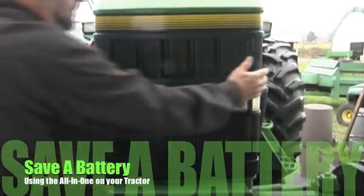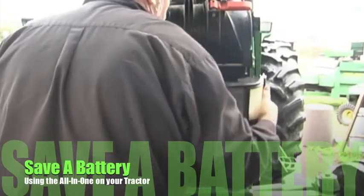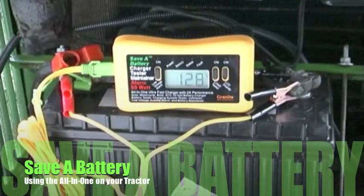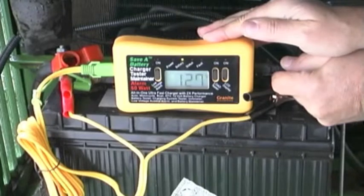Farm equipment and industrial equipment all have batteries, and here on this John Deere, the battery's easily positioned up front, so it's easy to get to. Connecting up a charger is quick and simple, just connecting the positive to the positive, negative to the negative. Now at this point we are looking at the voltage of the battery, and when we plug in the AC,